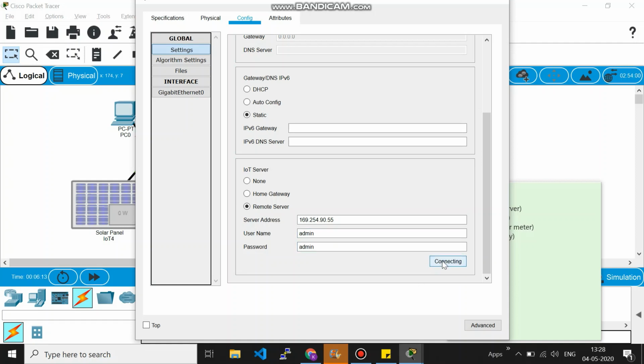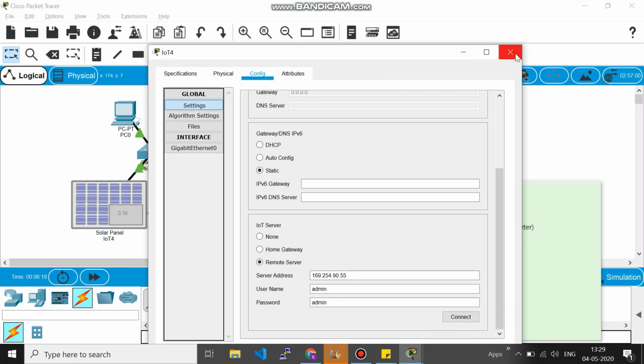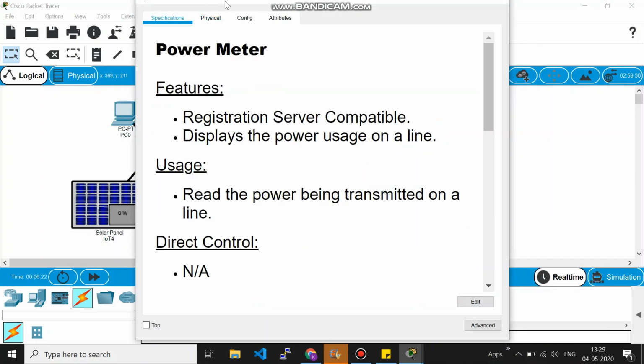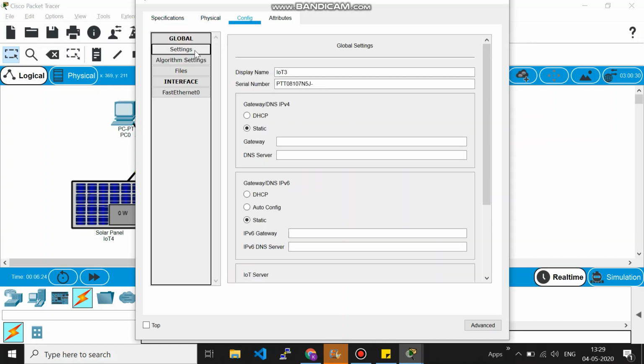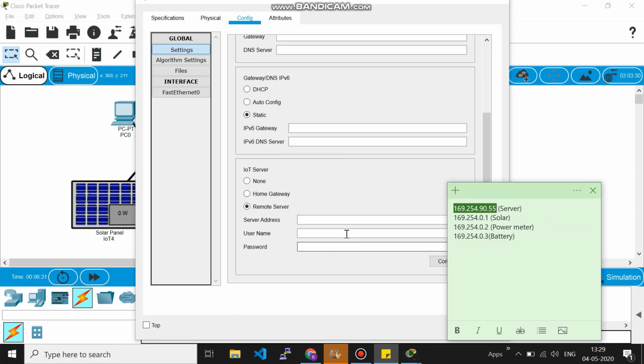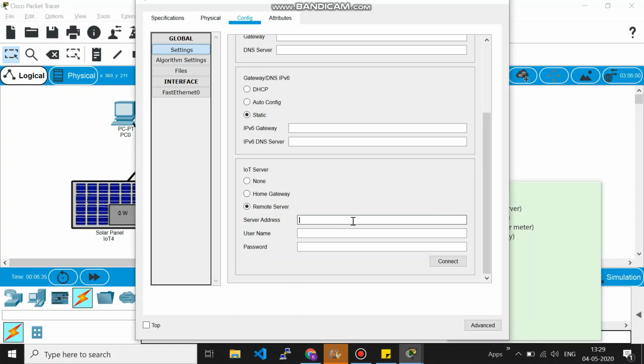So now if you connect, nothing will happen, but actually when it's getting connected, here you'll see a refresh button. Okay, so now the settings for solar panel is over. Let's repeat for the power meter. So now again go into config, settings, remote server, and I think we have saved it, copy pasted. Let me try.